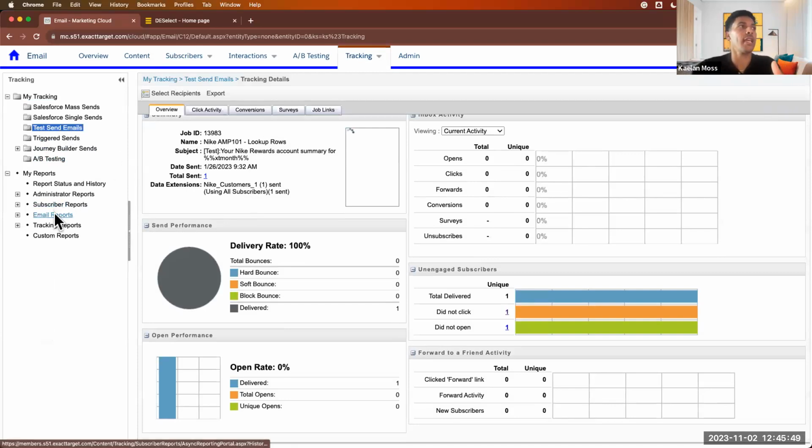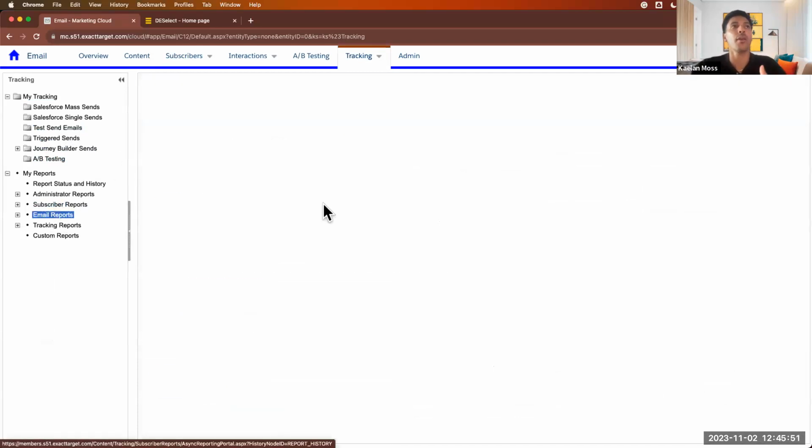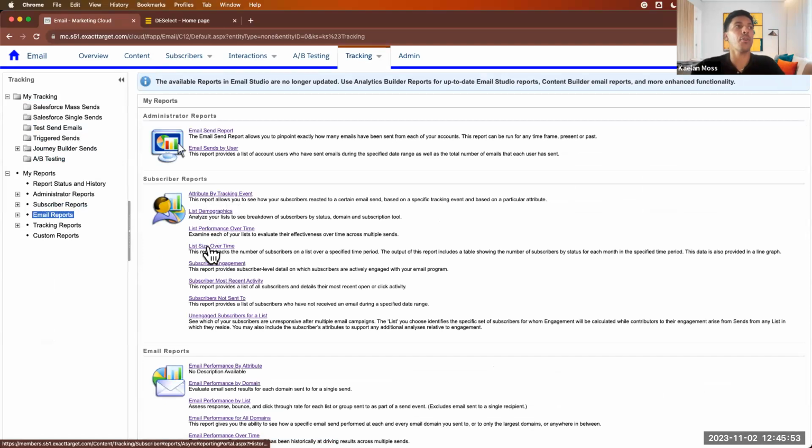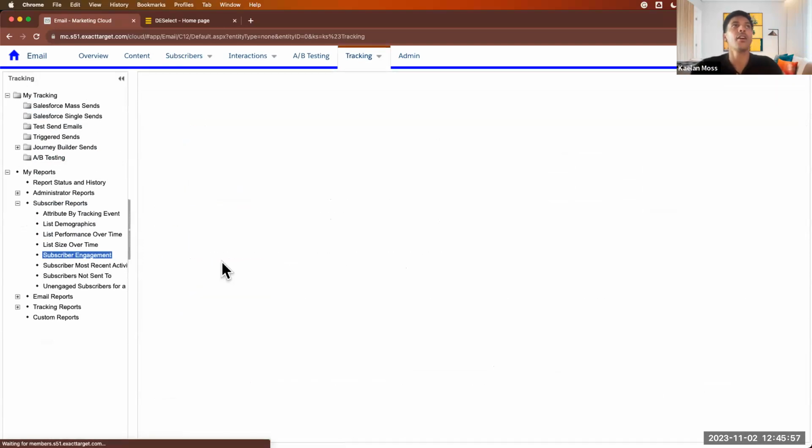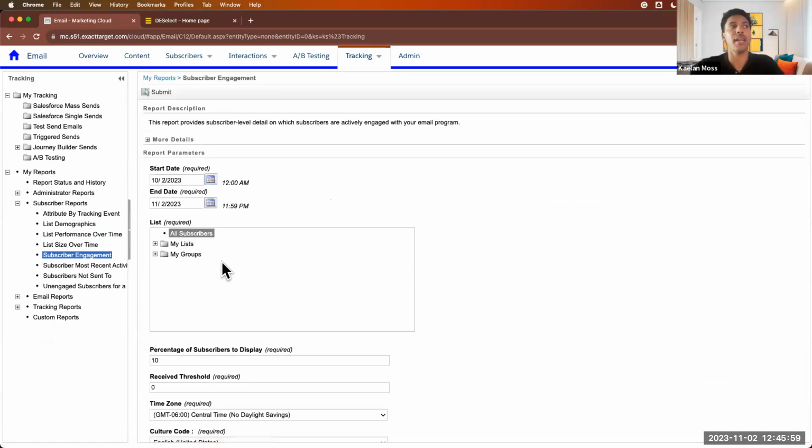We can also create email reports where we can look at different reports like our list size over time, how our subscribers have engaged. But really what you're going to be tying this to more than likely is a tool like Marketing Cloud Intelligence or sending your data back over to Sales Cloud reports and dashboards.